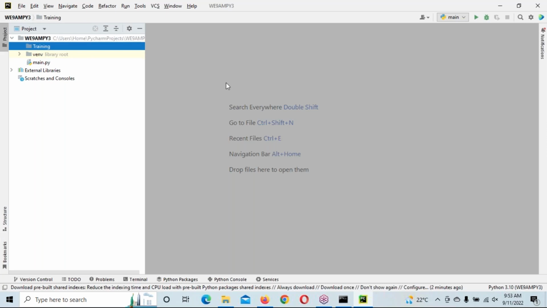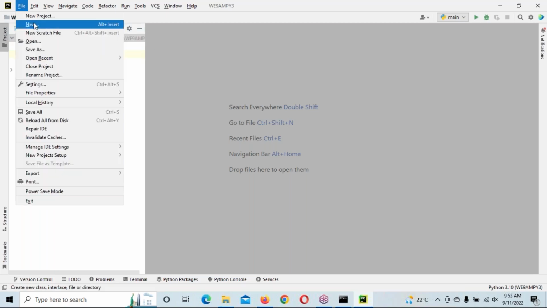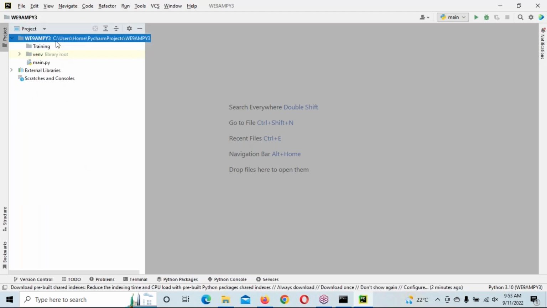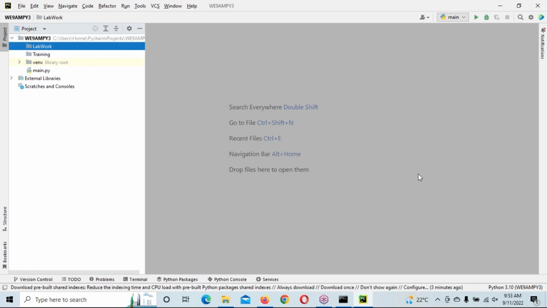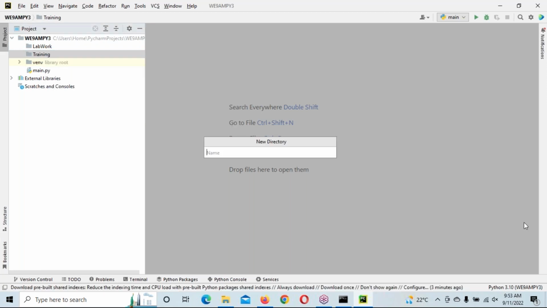Training is the directory name. See, this training directory is created inside the project. Now one more directory I want to create under the project. So select the project, go to the file menu, click on new. Otherwise, right click on the project, go to new directory. Lab work is the one more directory I'm creating. Under the training directory, I want to create a subdirectory. Right click on training, go to new directory. So the subdirectory I'm giving